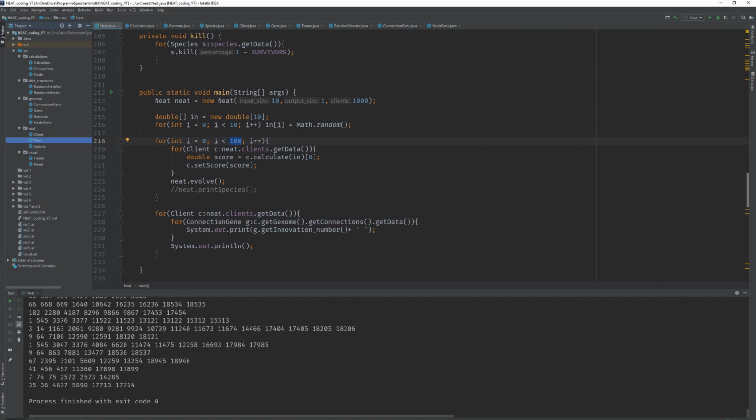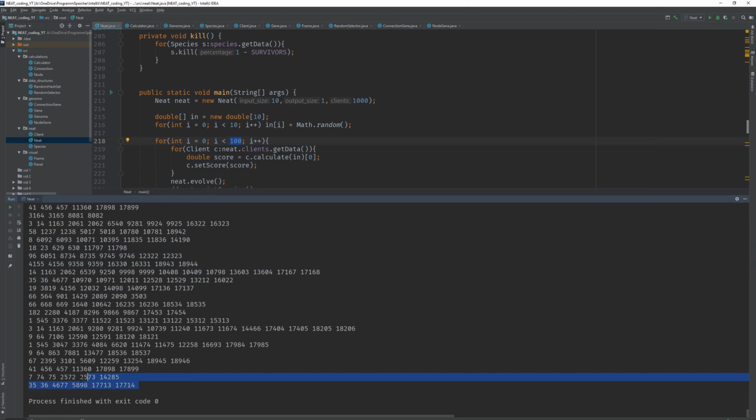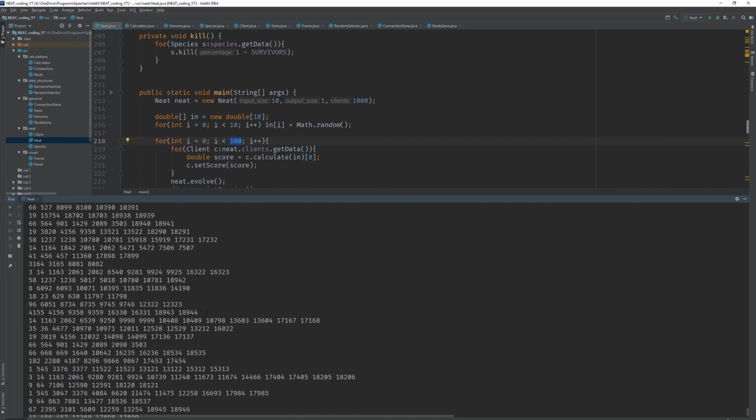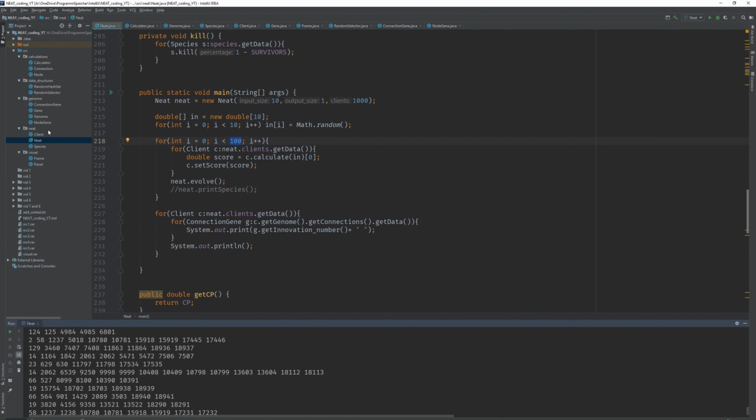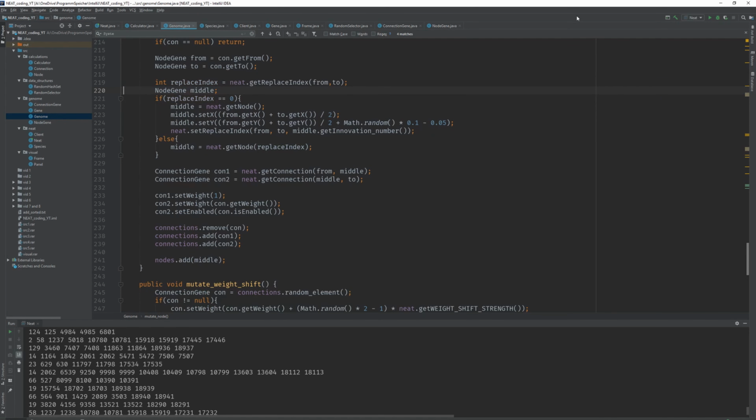What you can see down here is that I printed every genome at the end, and each line is one genome with its connection innovation numbers. It has 8 connections, and these are the innovation numbers. You can see that these innovation numbers get really high, like 19,000, probably even higher at some point. That's because every call of that method creates new connections and a new node. So if I go back into the genome and set the replace index check back,